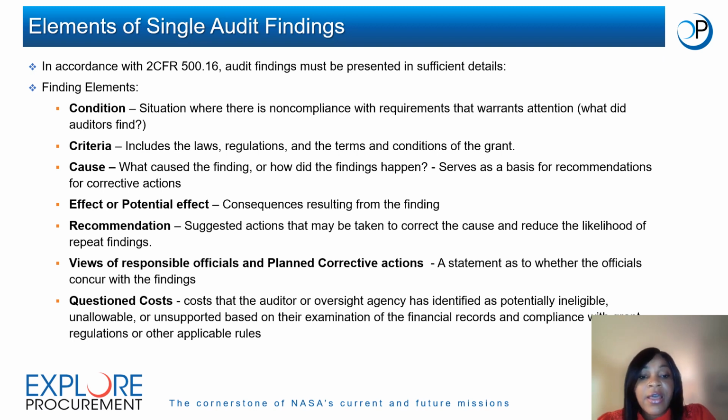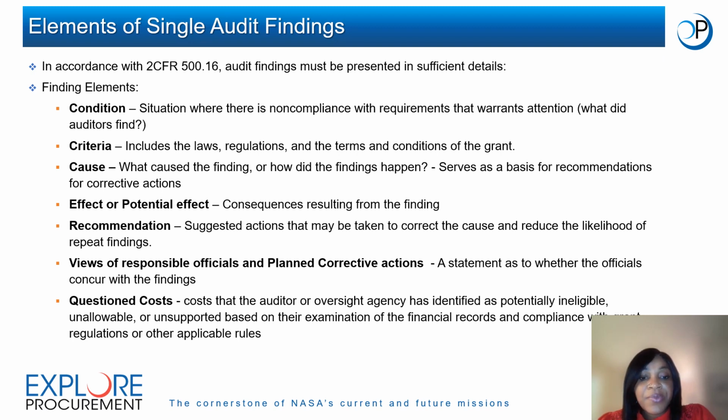The third element here is the cause. So we are documenting what caused the finding or how the finding occurred. And this usually serves as a basis for recommendations for the corrective action. The effect or potential effect is the consequences resulting from the finding. The recommendations are suggested actions that the recipient may take to correct the cause and reduce the likelihood of the